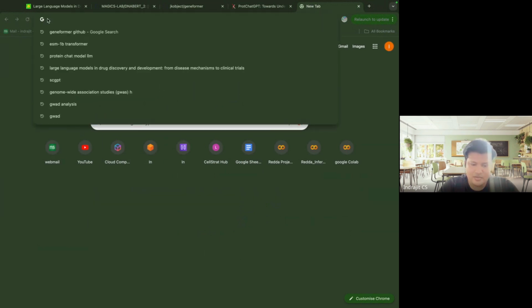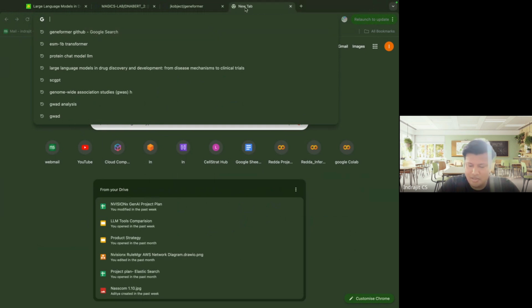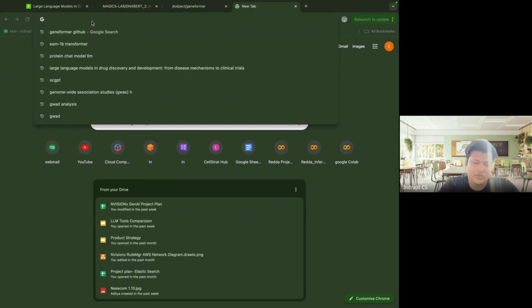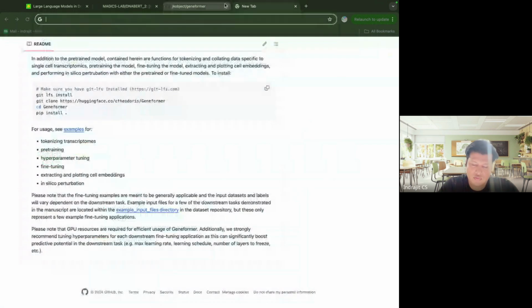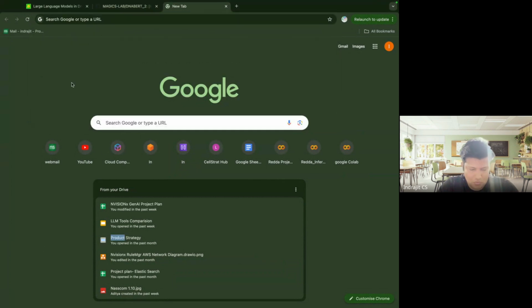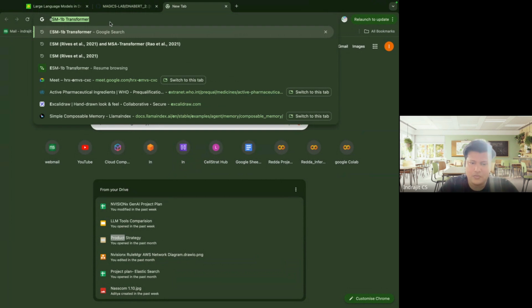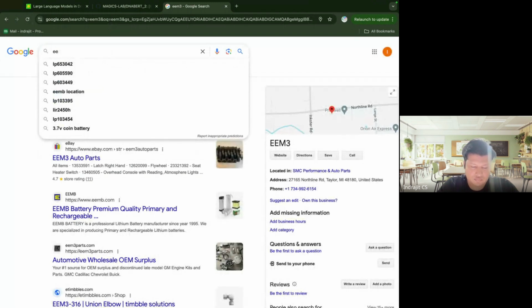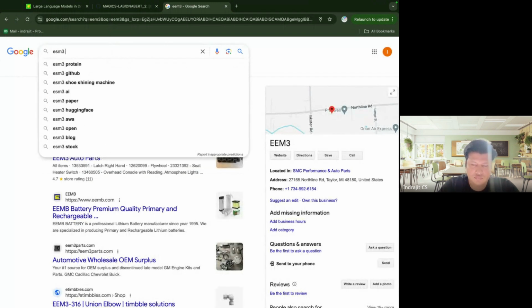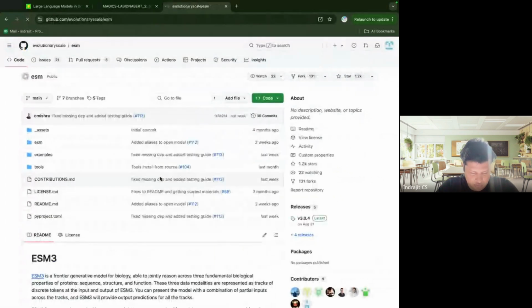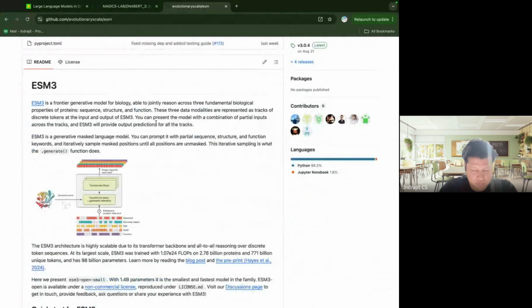And I have this issue here. Sorry, I'll try not to have more tabs open. Yeah, ESM3. Okay, so, and they have trained with